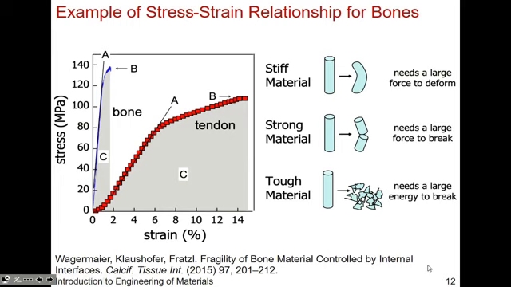I want to start off with an example that takes advantage of mechanical properties of different materials, and of course it's within our own body. I found this plot from a tissue engineering journal, which is a journal that I don't often read, but it's quite useful if you're trying to understand body mechanics. What you see here is an example of the stress and strain curves for bone versus tendon. And bone you can think about as being the majority of it is made up of,